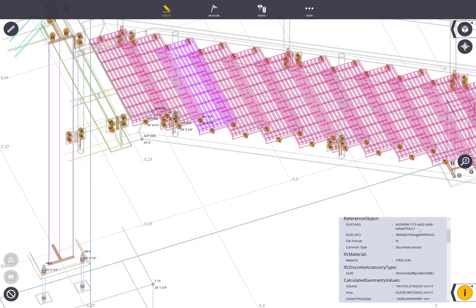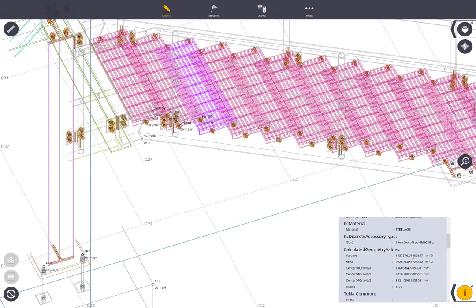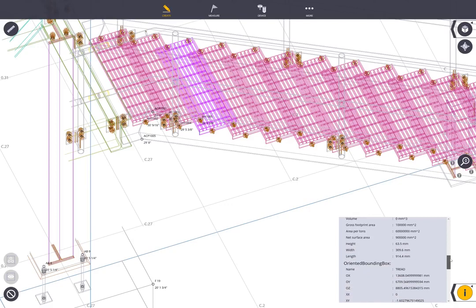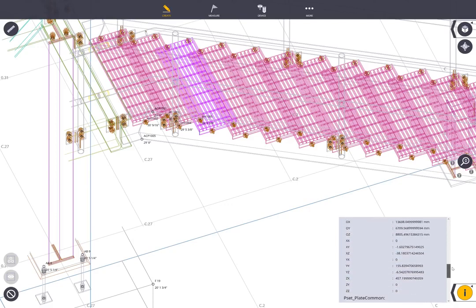Each one of these items has its own GUID to identify that item as it goes through design and fabrication all the way to assembly and erection out in the field. It tells you the material that's available. We have quantities, we have elevations, weights, center of gravity, all sorts of information about that object that will help